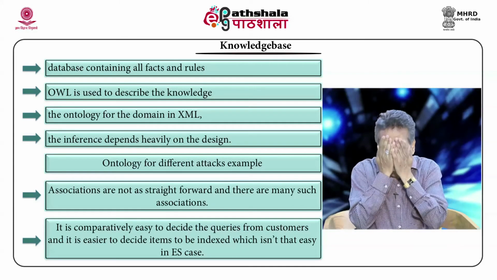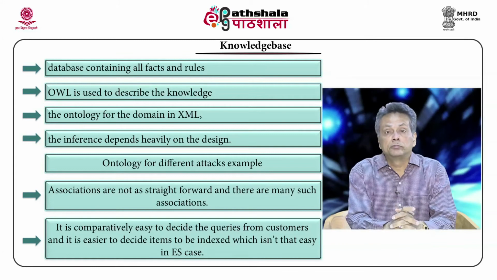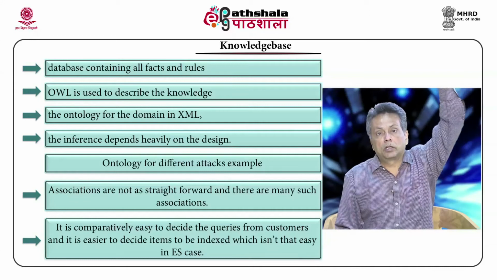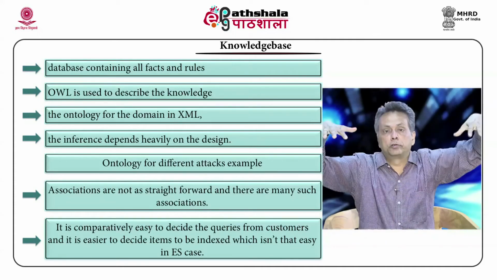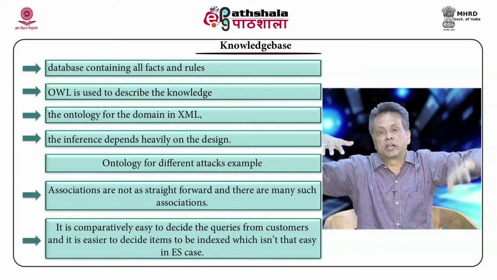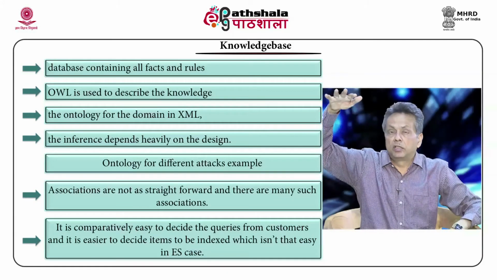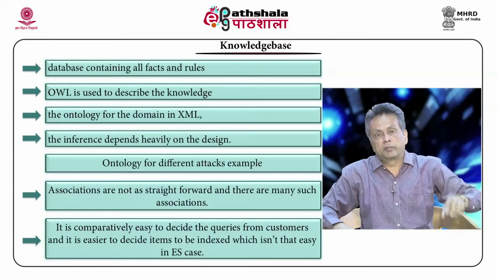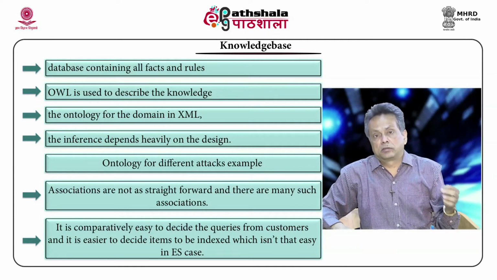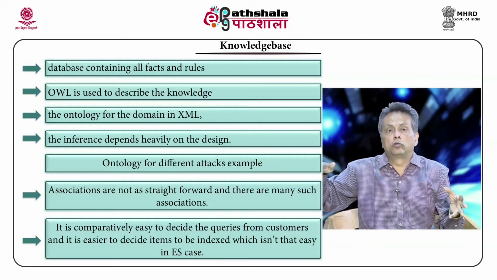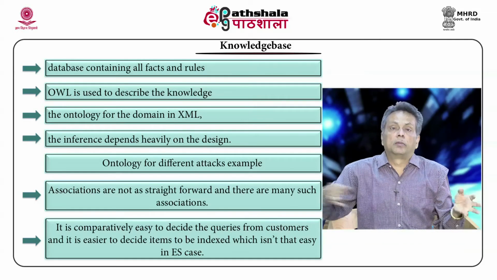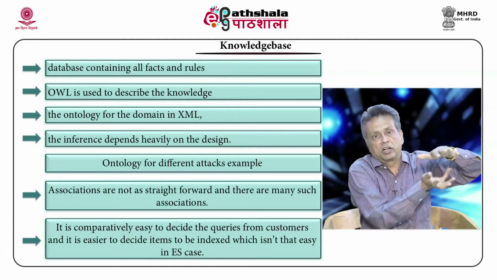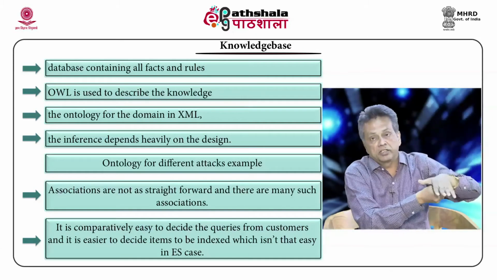For example, let us take a simple example of attacks. You devise a system where there are attacks, and under attacks you have availability based attacks, which are basically denial of service attacks, and then there is one more type of attack. The availability type of attack contains a database attack. So, something that you do to compromise the database, and because of that the system is not accessible. So, that database related attack that you inserted comes in this hierarchy.